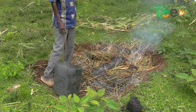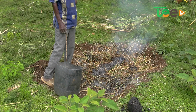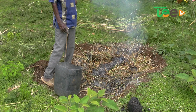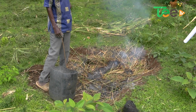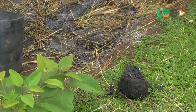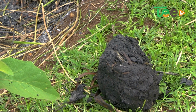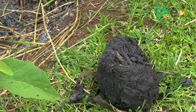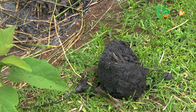liquid that comes out of the distillation is the one that will now be used to evaporate and make salt. But the ash that remains, you can see this lump of ash here, the remnants, he mixes with the fertilizer, with organic manure, and it's very good